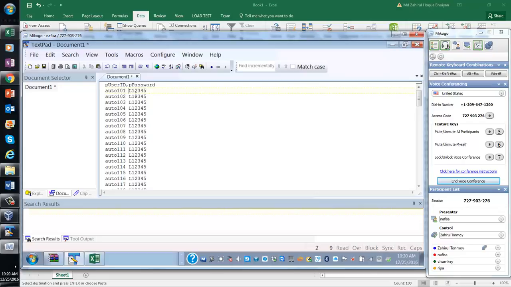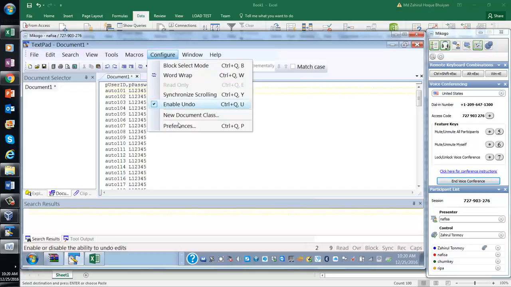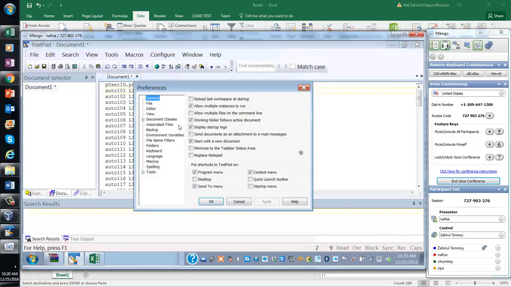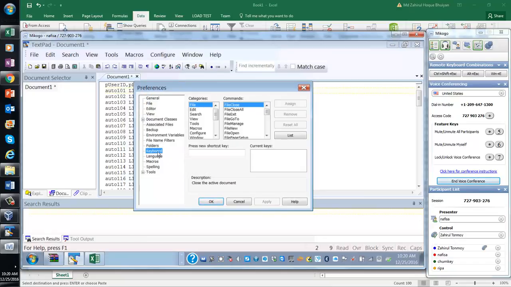Remember when you have installed TextPad for the first time, you will have to go to, can you see, Configure, Preferences, and then Keyboard? No, not this one.